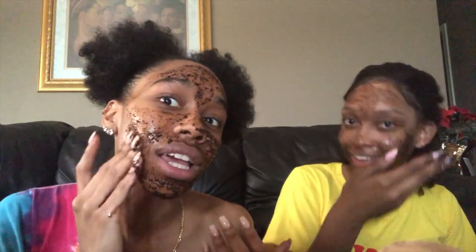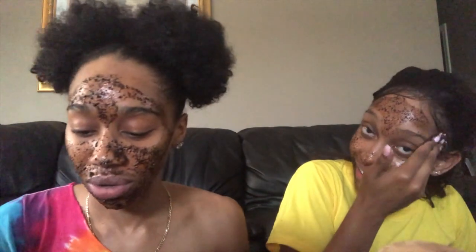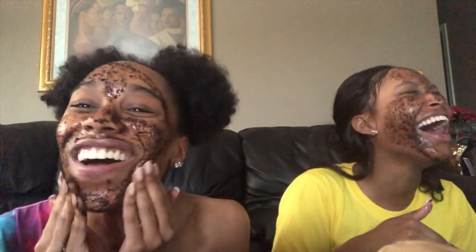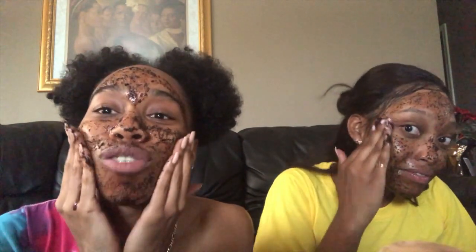I don't know why, but this smells so good, I feel like I look better with this on my face. It's like a filter, but it looks good. It's like popping. And it feels so good. It smells so bomb. My nails are real brown, real doodle brown. But yeah, so just massage it in, scrub it in for like